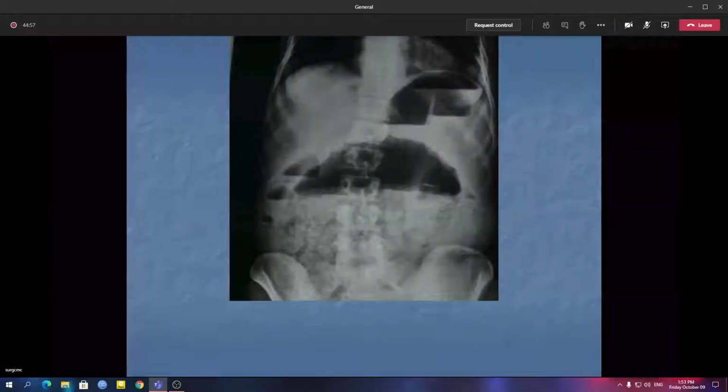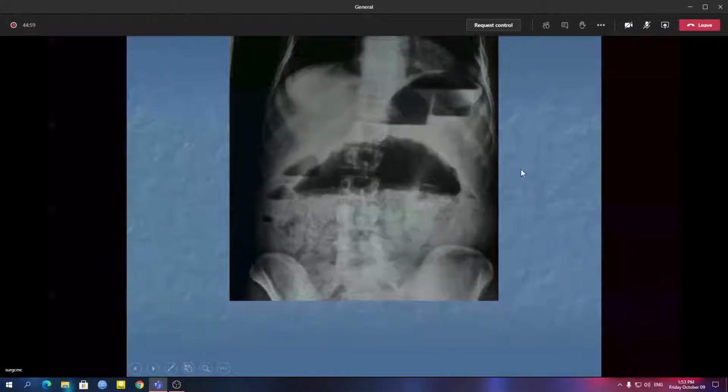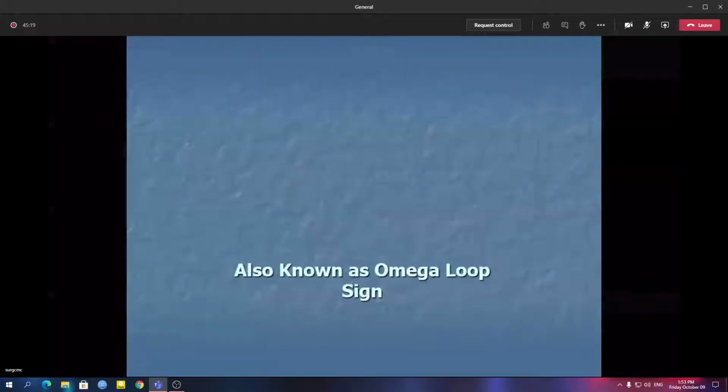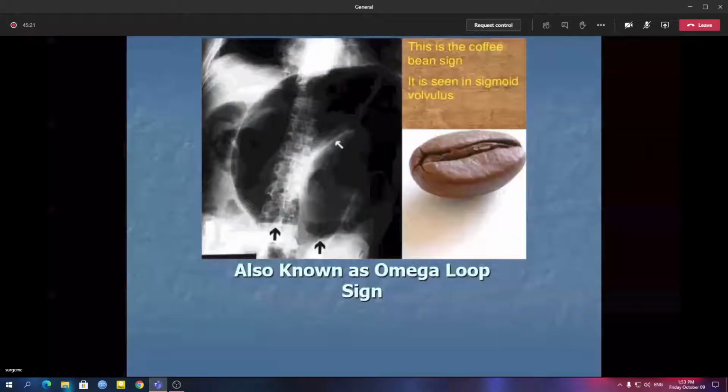These are pictures of large bowel dilatation. These all are large bowel features, and you can see food residues or fecal residues within the bowel loops. And this is a picture of, as I was discussing, a sigmoid volvulus. So how does a sigmoid volvulus take shape? Now sigmoid volvulus happens over the sigmoid colon. You know the sigmoid colon, if this is the human body, the sigmoid colon is somewhere out here. This is the sigmoid, and ultimately it continues as rectum.